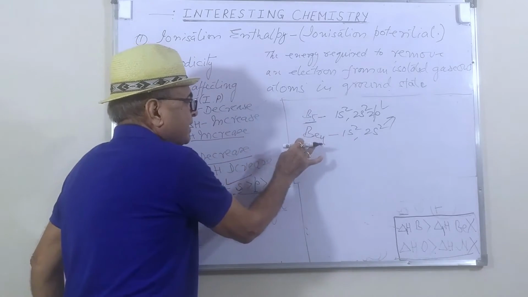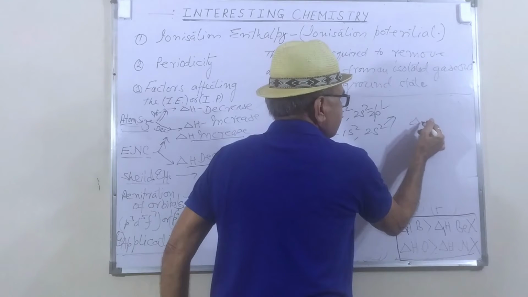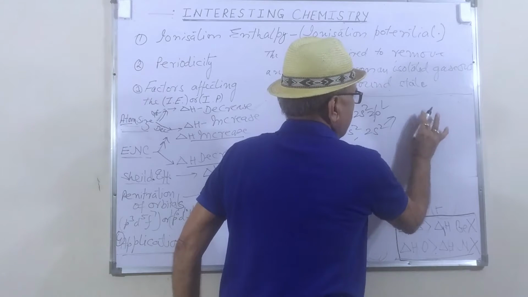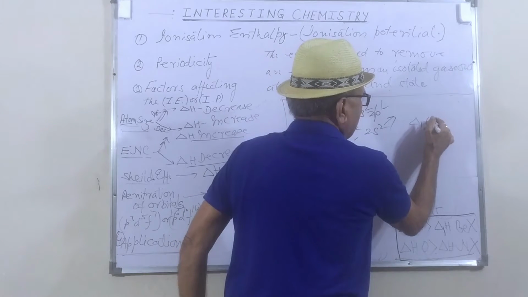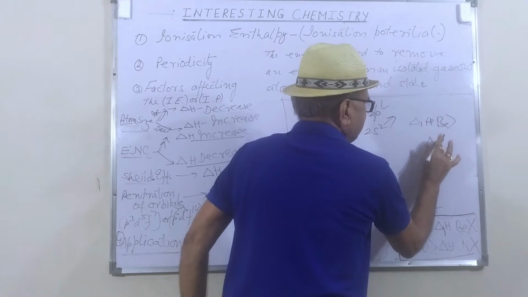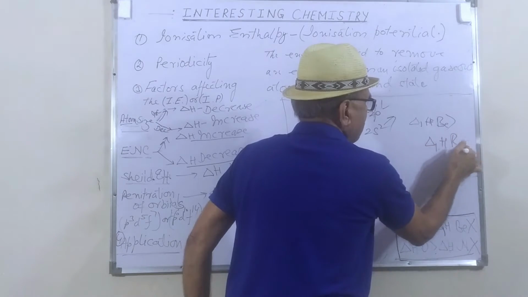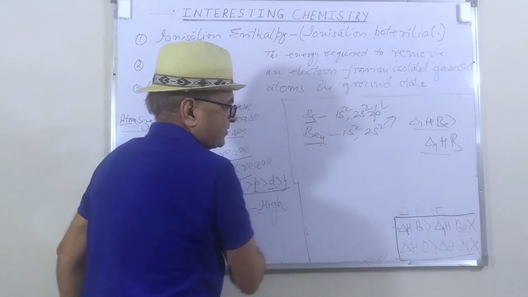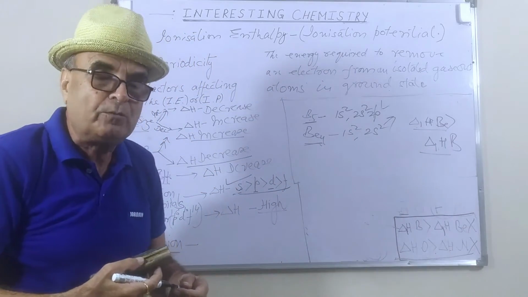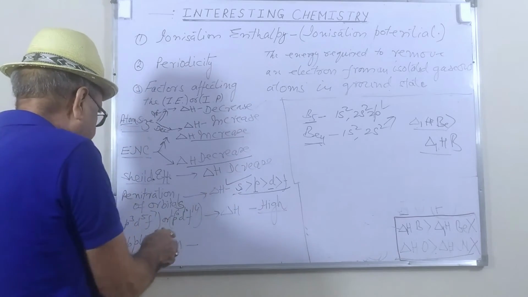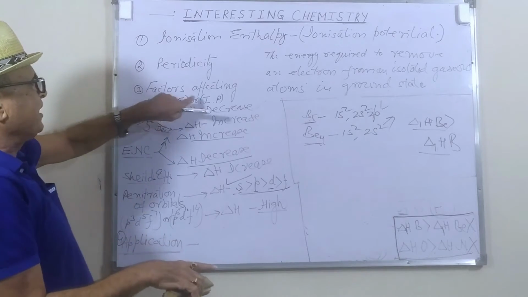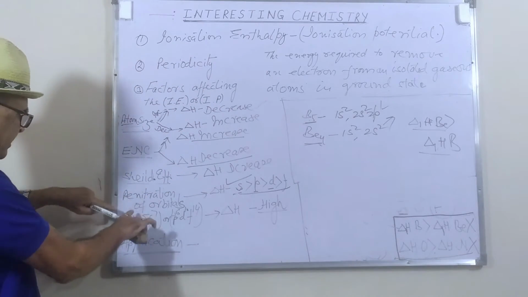In this way, you can say the delta 1H of beryllium is greater than delta 1H of boron. This is due to the s orbital, I explained to you. I will give you some more examples in my coming video, but here I have given you this example. Now the last factor affecting the ionization enthalpy and ionization potential, after shielding and penetration,